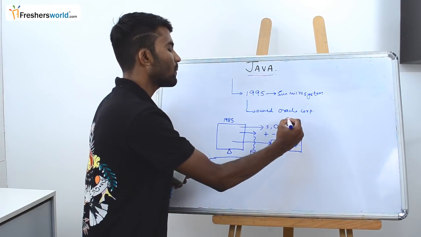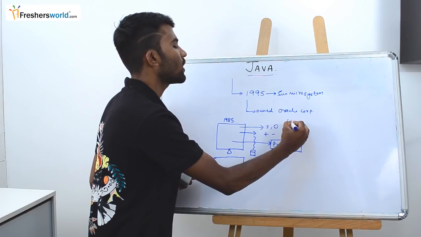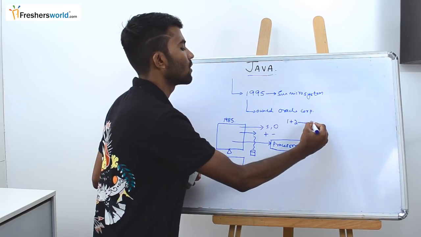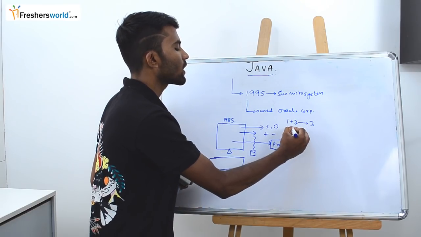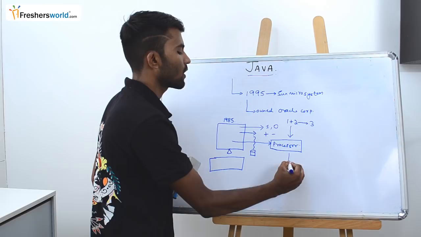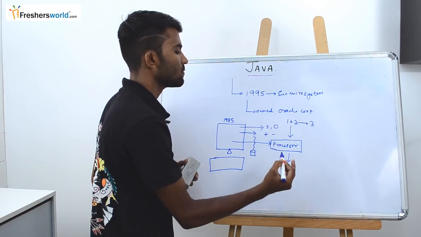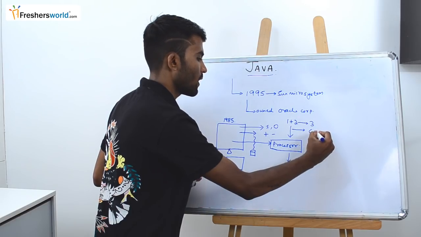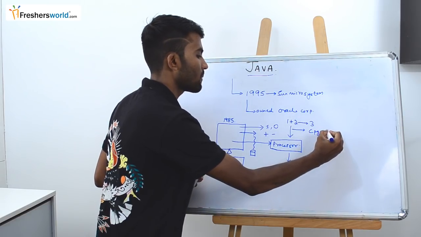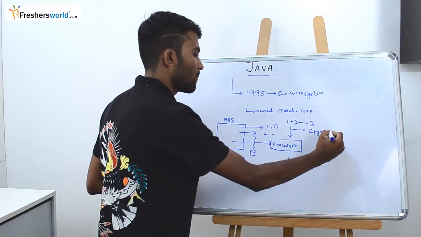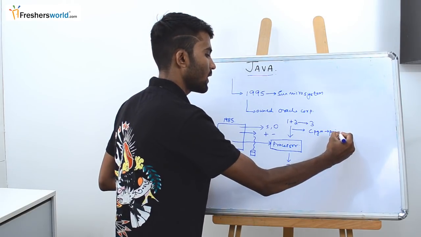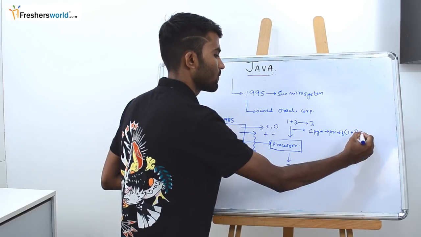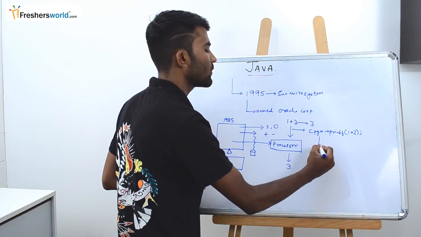If I want an output for 1 plus 2, what should the output be? It has to be 3. How do I give it to a processor so that I get the output 3? How do I write it? I'll write a simple C program, something like printf 1 plus 2. Now when I compile this,